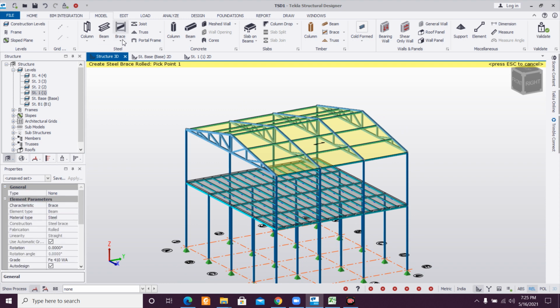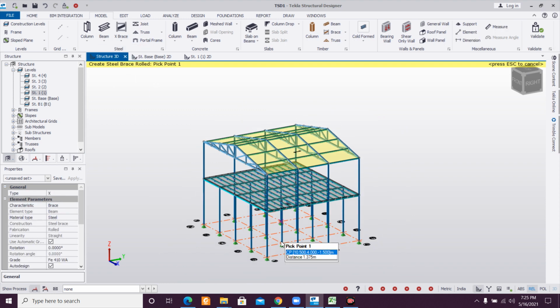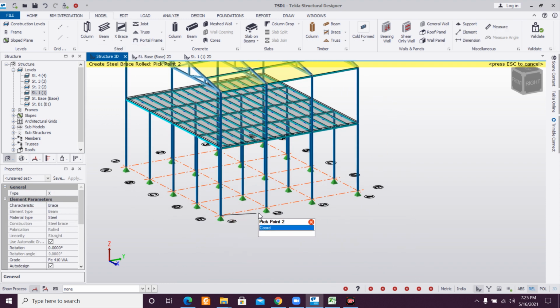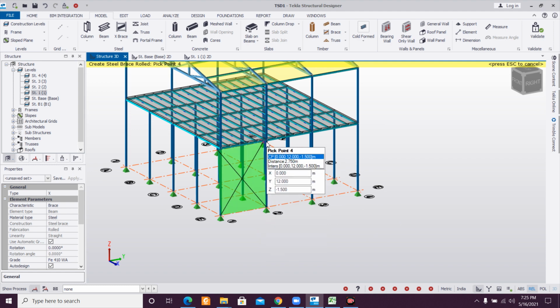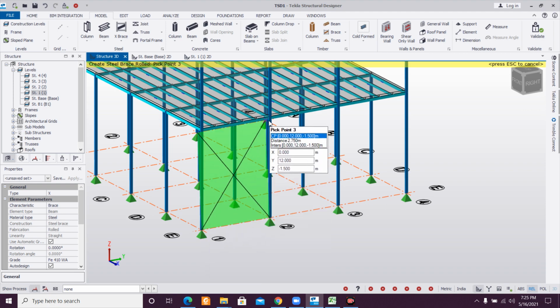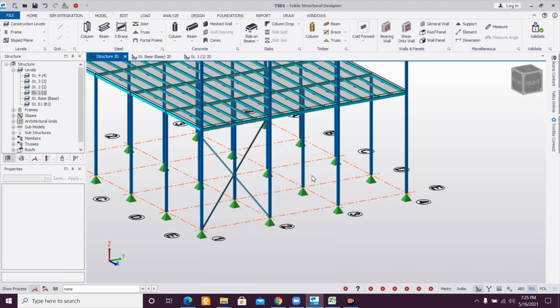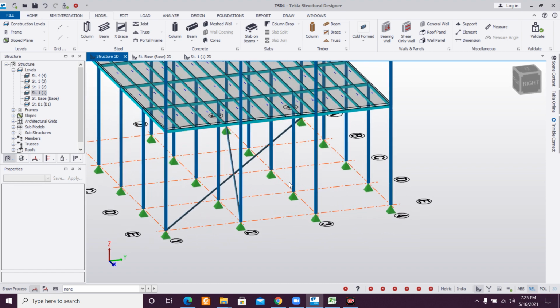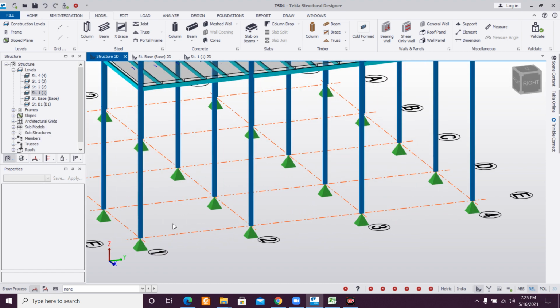I'm going to select this X brace, and after that select this, and apply this bracings. So if this is red, it is not applied properly. We'll try again. Select this, and like this, now it is selected. As you can see, it is not in the proper position. We'll just cross it.